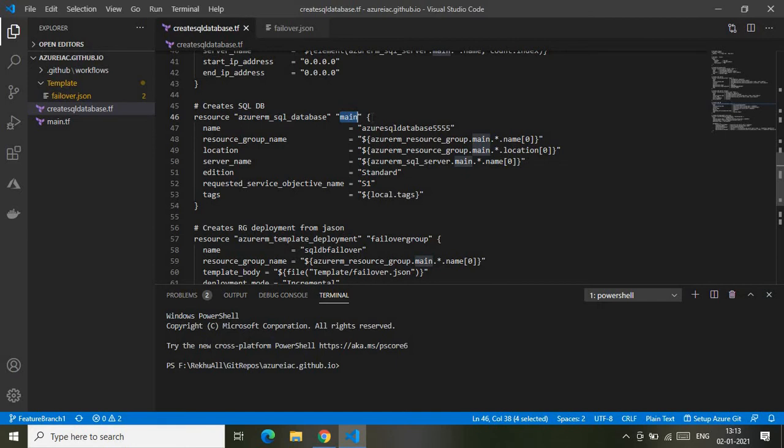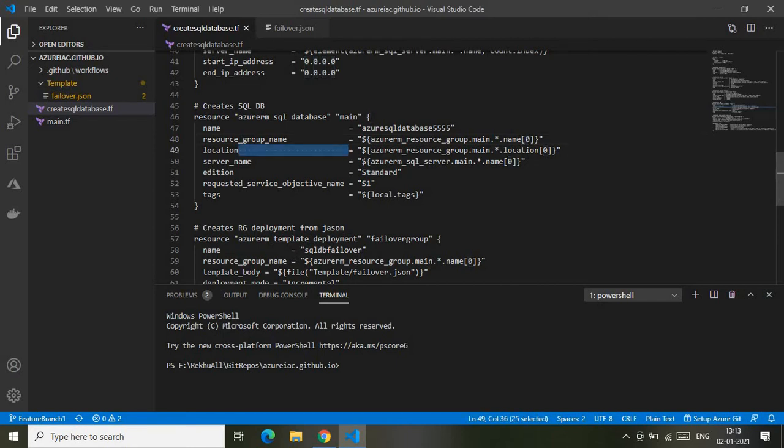So this is the main variable which will be storing the data. And inside the curly bracket block, we are giving the required parameters. The name is again a static one, as you see, this is the name which I have given here. The resource group, again I'm dynamically referencing the above resource group. As you see here, I'm giving the index 0, which will fetch the resource group name which is created first. So the resource group with the name like star-hyphen-0, that name will be retrieved here. Again, the location.